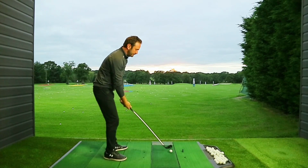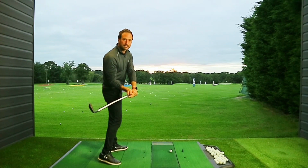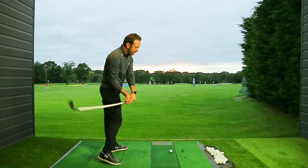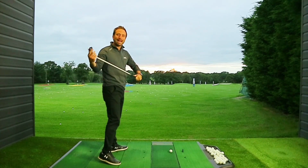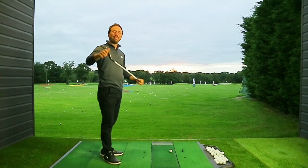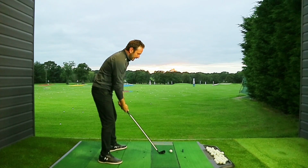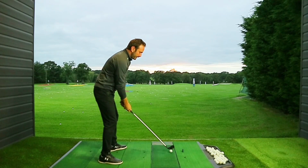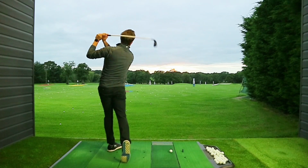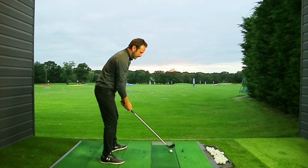And the main reason for this is because people tend to go this way, which means the club gets stuck, should we say, slightly under plane, and then you can't help it out excessively with this club by rolling, because it doesn't allow you to as much, because they'll be around the spine of the shaft, and therefore you struggle to hit it straight. So what you would do with this training club is that if you're struggling to hit it straight, it would teach you that you've got something potentially wrong in your transition, and that's what's inhibiting your ability to find that timing. So it's a challenge to hit it straight,